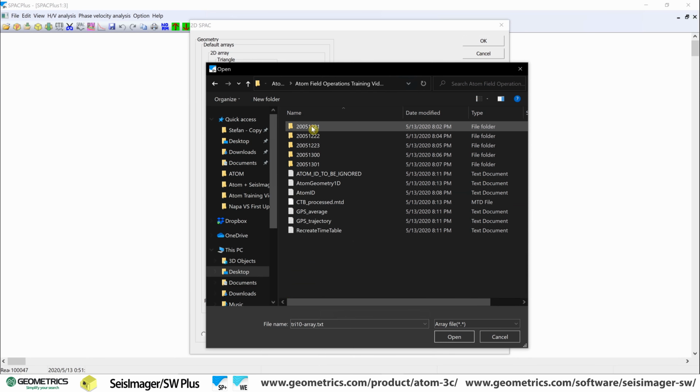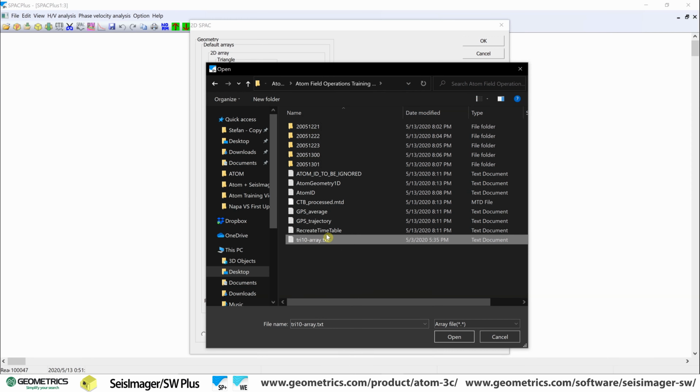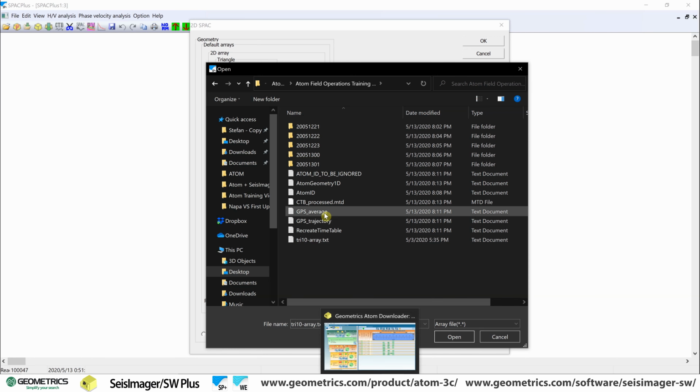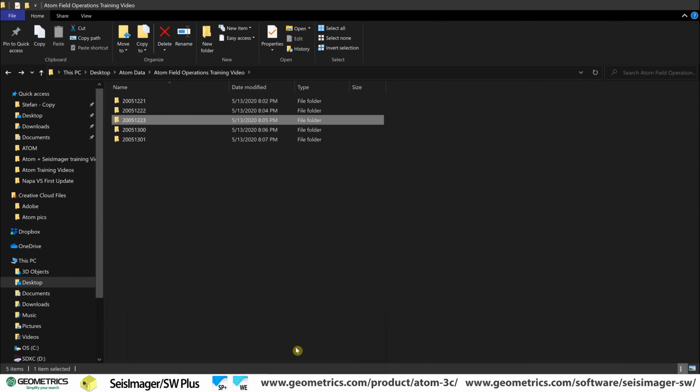And I would go here and I would paste the array file in the root of the data. You don't have to keep it there. It's just easiest to reference it there. And if I actually go and open that,